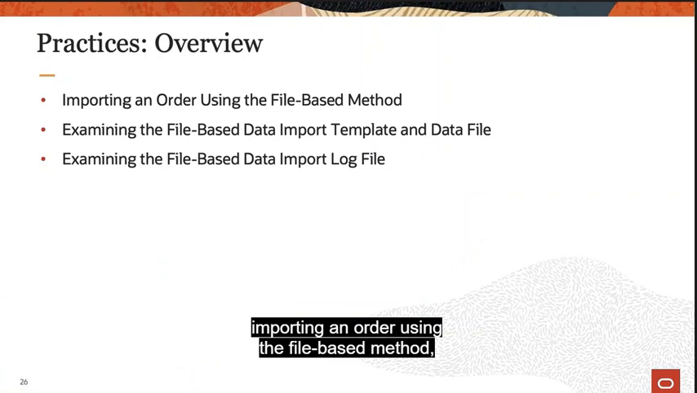To summarize our lesson, you should now have an understanding of the following: be able to explain how orders are imported, and explain the differences between direct web service integration versus